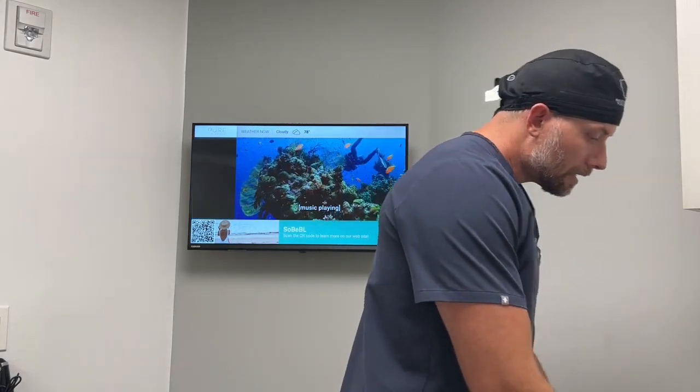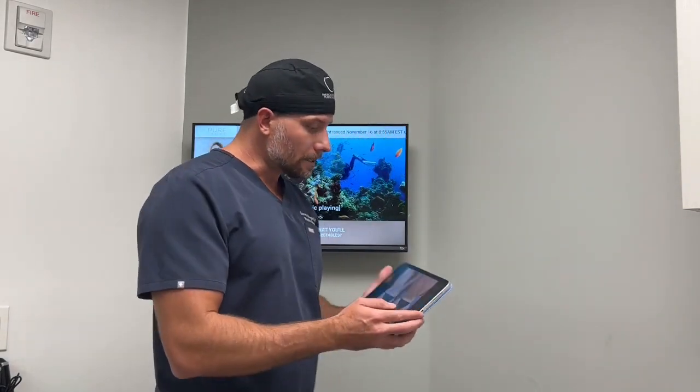So we get a lot of questions sometimes, especially with our before and after pictures, with patients asking what some of my previous patients have had done. So I'm going to go through some of these pictures and we're going to talk about what these patients have had done and what is actually possible with either just liposuction alone or liposuction with fat grafting or BBL. So we'll go over some of that now, and I'm going to see what you guys think this